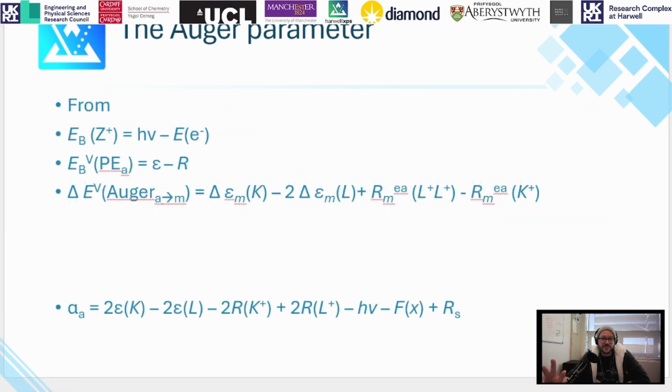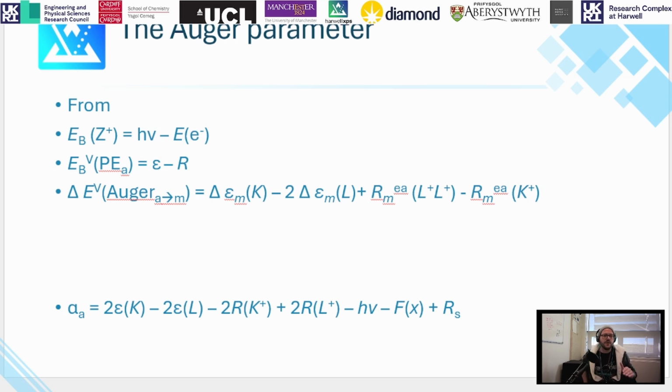So based on our previously discussed relationships, the binding energy of this ionized atom Z is equal to the photon energy minus the kinetic energy of the emitted electron. The binding energy of the photoelectron is equal to the initial state energy minus the relaxation energy, and then the relationships that we've just discussed about the kinetic energies of the Augers,